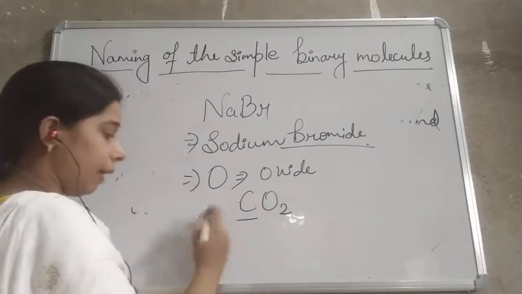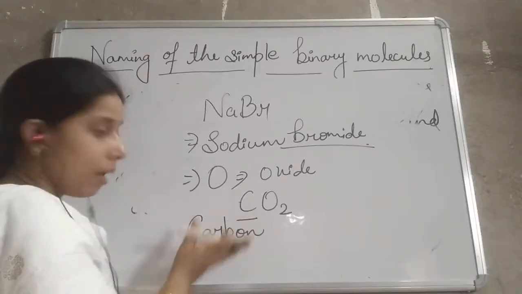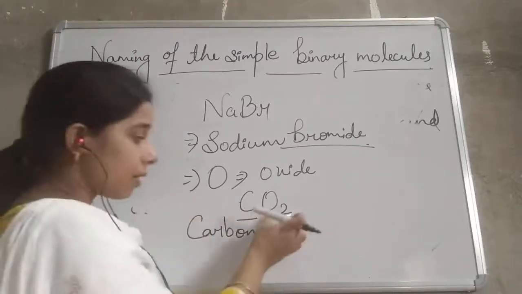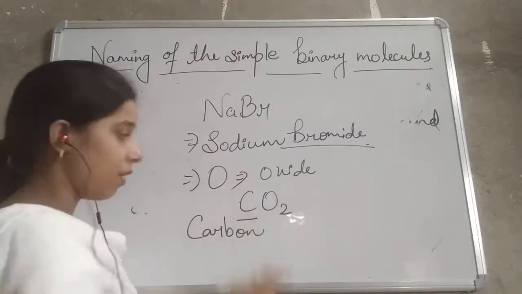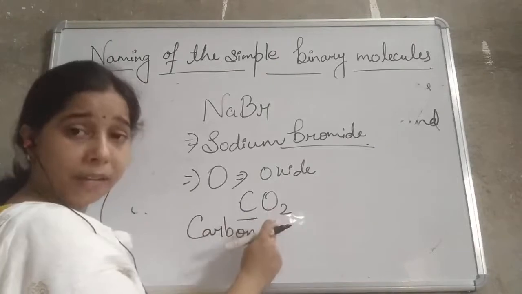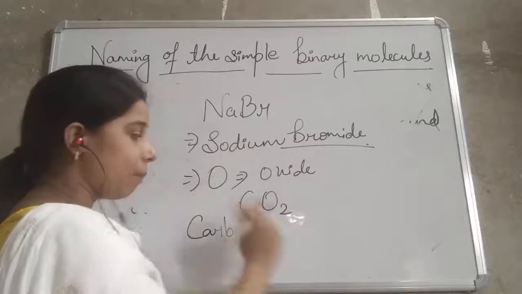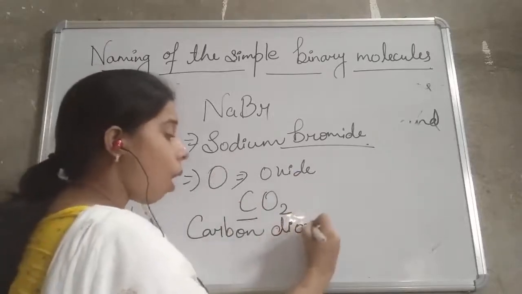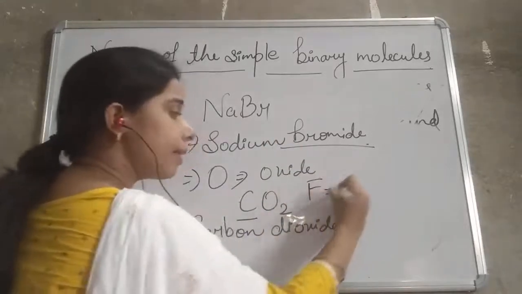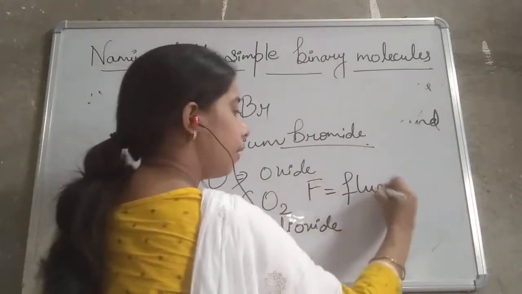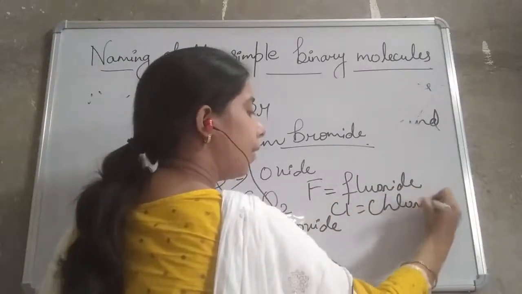So we will write here carbon. There is no change in the name of the first element. It will be written as such. Then the second one, oxygen is there, and this oxygen is more electronegative, or this oxygen is at the second place. So in place of writing dioxygen, we can simply write it as dioxide. Like that oxygen, if a fluorine is there, we will write here fluoride. If a chlorine is there, we will write here chloride.